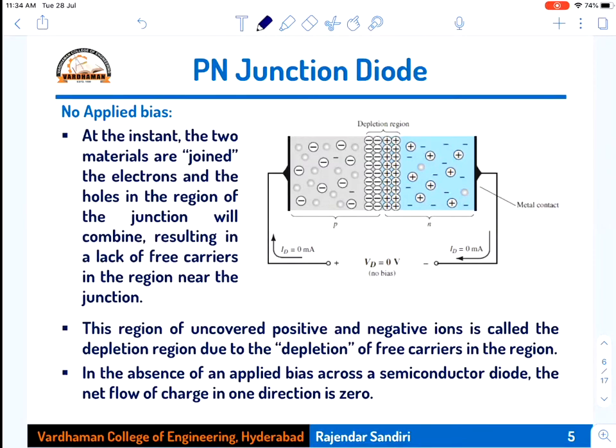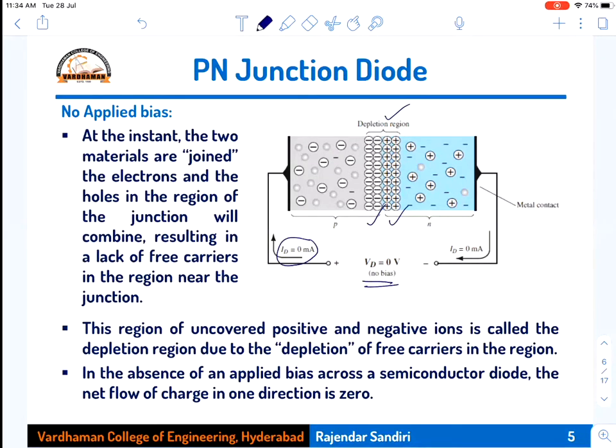The depletion region contains what? Immobile ions, positive and negative ions, and across the depletion region, because of the immobile positive and negative ions, there is a potential called the barrier potential. Okay, so that is what happens when you don't apply any bias. I have not applied any bias here. At that time it happens like this. You can see in this diagram there is negative charge on the P side and positive charge on the N side. That is forming a depletion region, and that is also called the barrier potential. And the current will be zero.